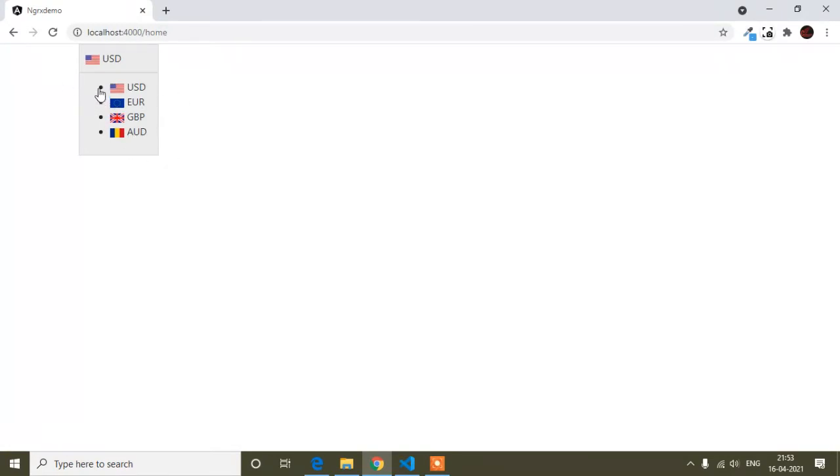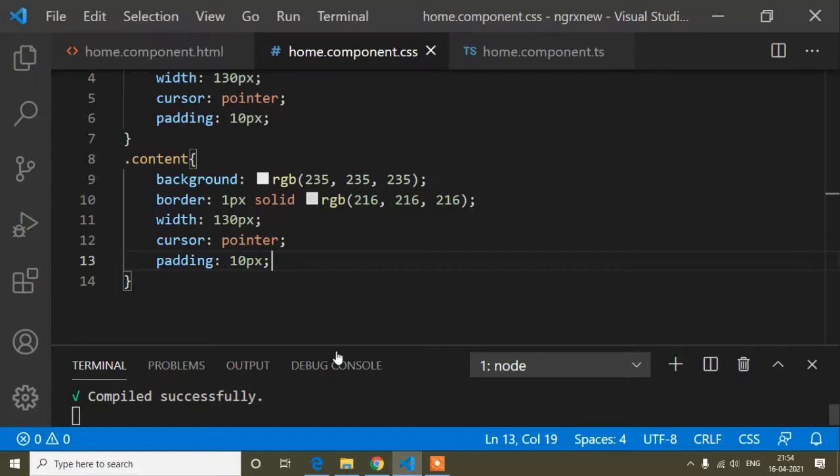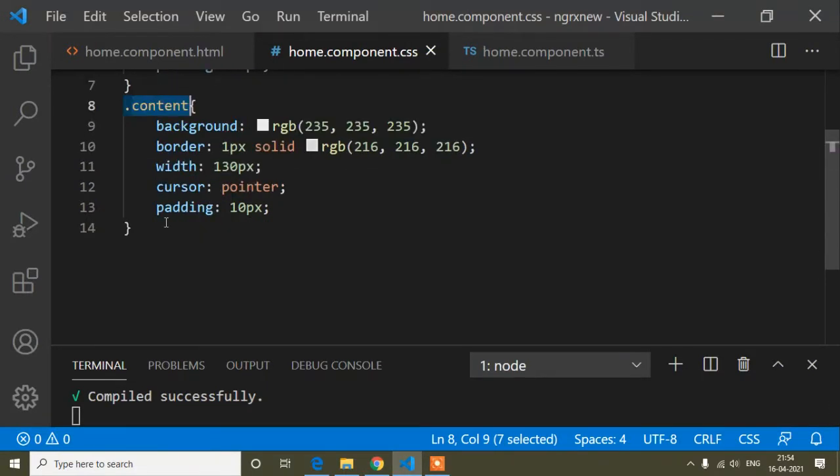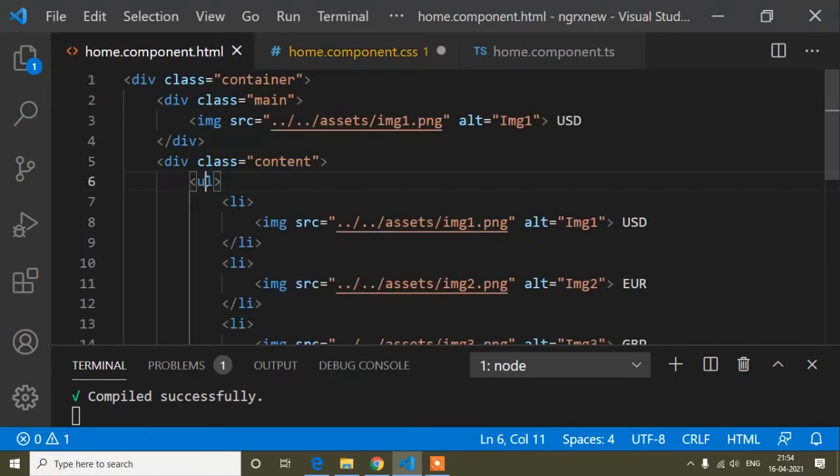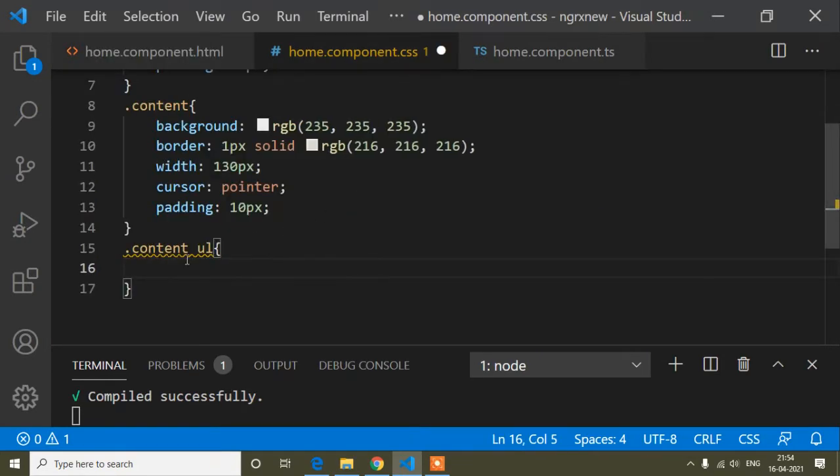And now I will make a design for the li tag. So here you can see that there is a dot. Every li tag here has a dot. I don't want to add this dot, so I will remove this dot. So first of all I will copy this content and ul tag, because inside this content class you can see first ul, after that li. So first I will add some CSS in ul.